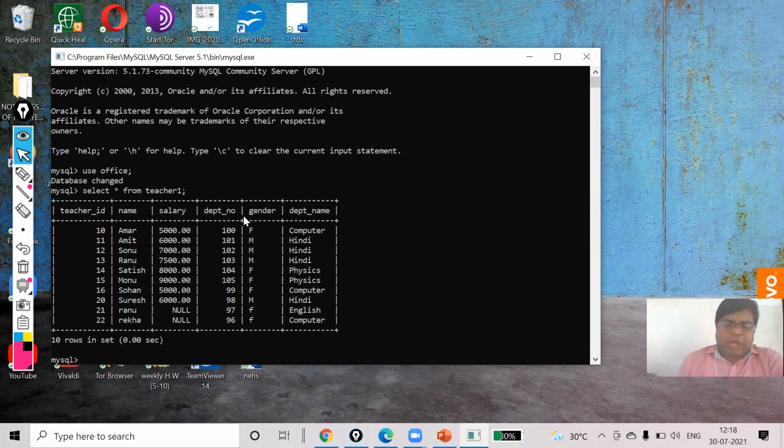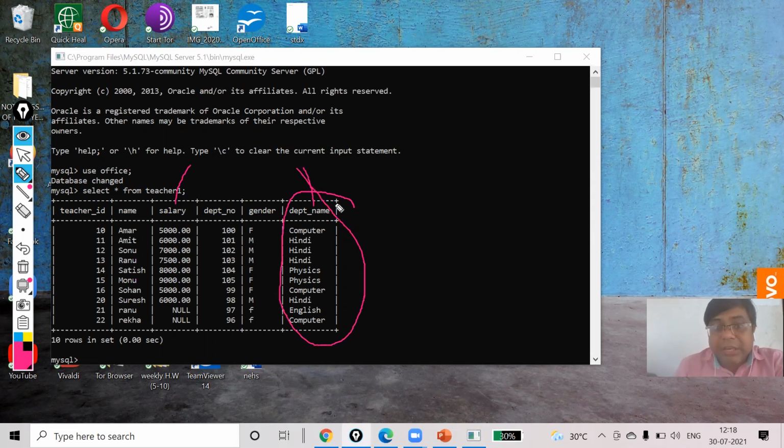Now, anyone asks the question that you have to show the average salary and department name, but it should be according to department name. What is the condition? You have to display the average salary and department name, but the grouping will take place only on your department name.